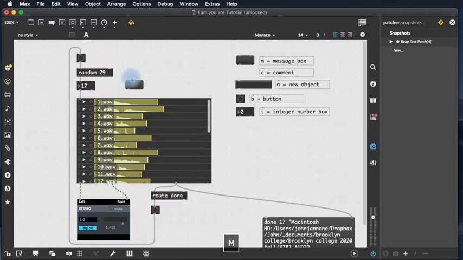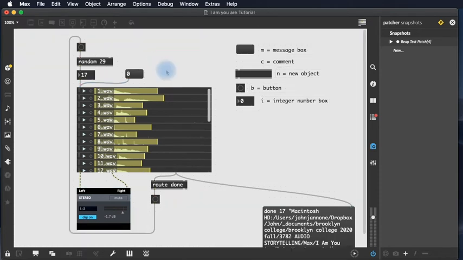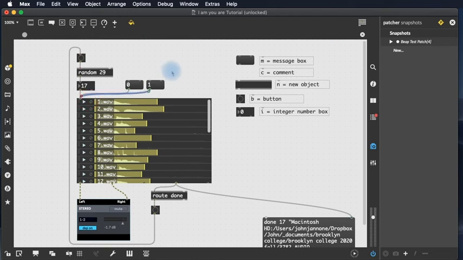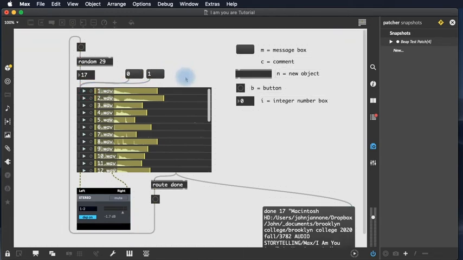And I'm going to add a message with a 0 in it so that I have a control where I can stop things. And actually, I'll also add a message with a 1 so that I can always start from sample number 1. And so I'll start it off by saying, I am